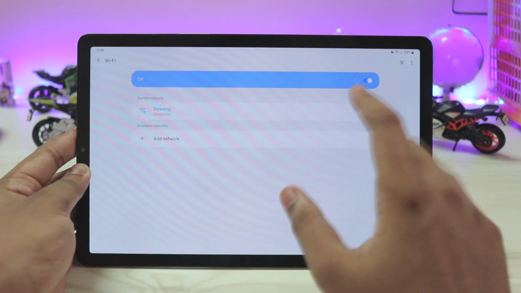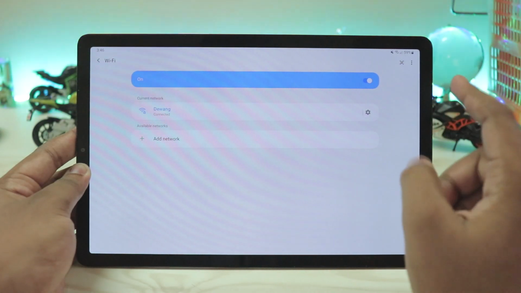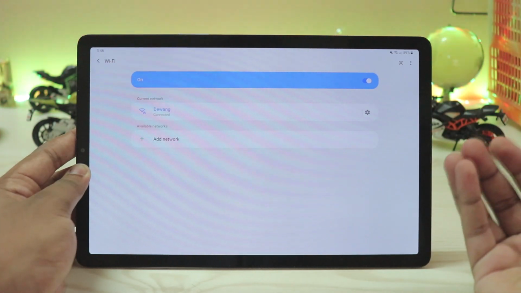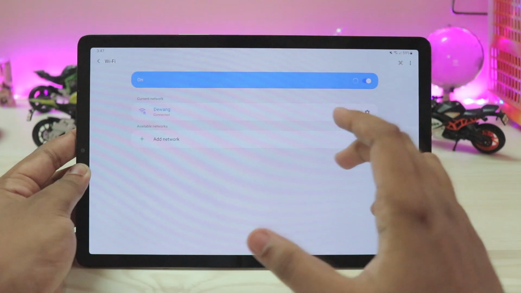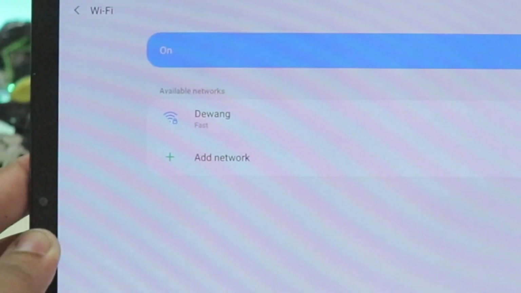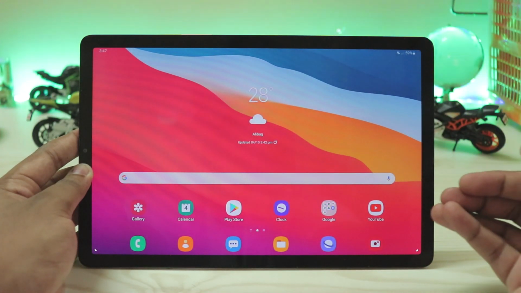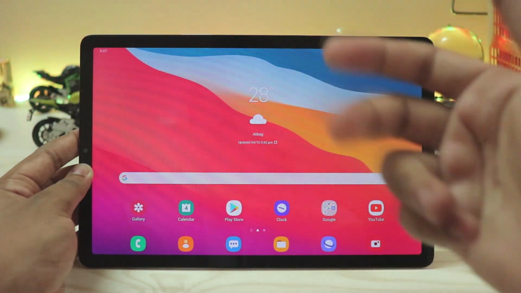Again, if you just go to Wi-Fi, I forgot to show you guys, if you have the SIM card on, and if one of your contacts does actually have a One UI 2.5 device with the Wi-Fi password, it will actually ask you if you want to just ask them for the password, and it will actually tell you the connection strength. So for example, if I just completely forget my Wi-Fi, there you go, it says fast. So yeah, quite a neat feature, but pretty broken, to be honest. I have never actually got it working, even though on 3 One UI 2.5 devices, the S10, Note 20 and